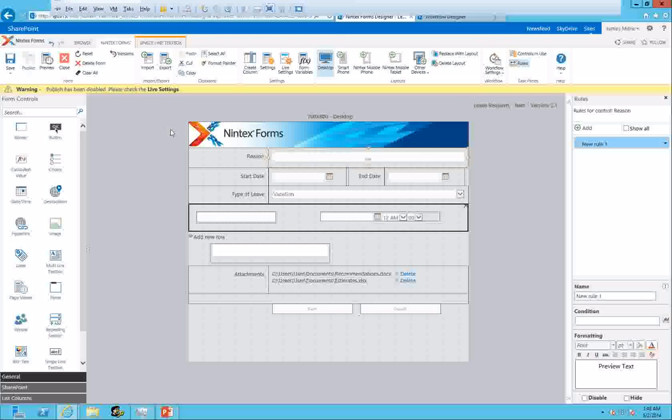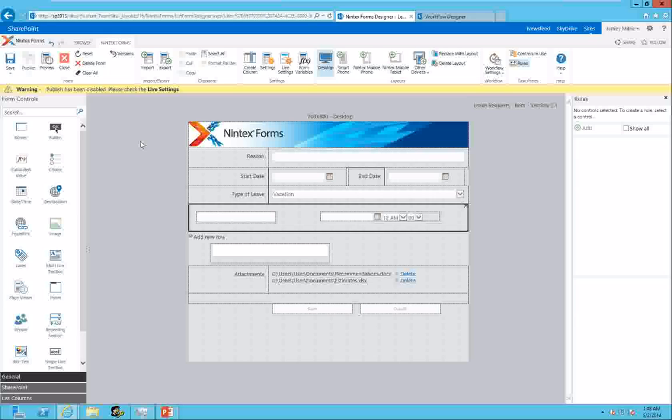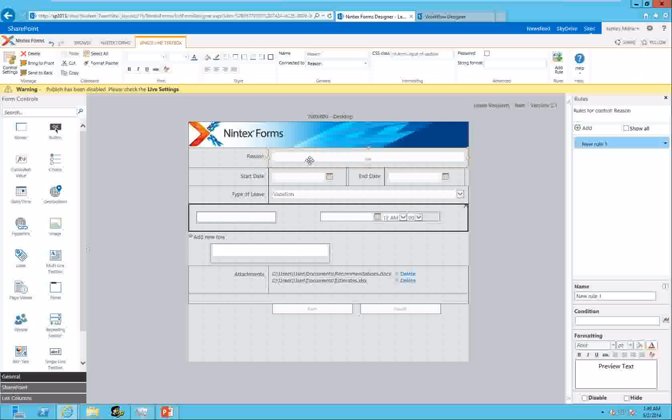So that is actually a good question, because it took me a little while to get used to the way Nintex Forms does it. We have a very similar concept to InfoPath, where you have a control and you bind that control to a value in your schema. As you saw at the beginning of the demo, I created my schema by creating a custom form. As I mentioned, I could have also created that as a content type. But the point here is we still have the relationship between a control